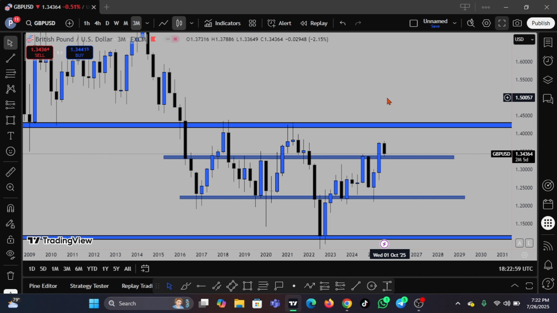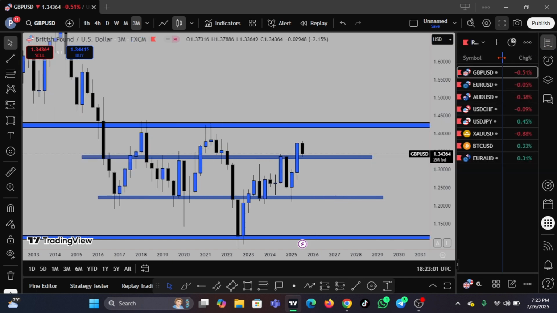So let's get started. I have here with me, you can see on my red list, these are the pairs that I'm spotting opportunities on in the week to come. So if I should get trading opportunity on any of these trade, I might be holding them for some couple of weeks because I'm expecting them to really move for a while before we can expect any changes in the market. So I'm going to be walking you through these 8 currency or 9 currency pairs, and let's see how we can take some money.